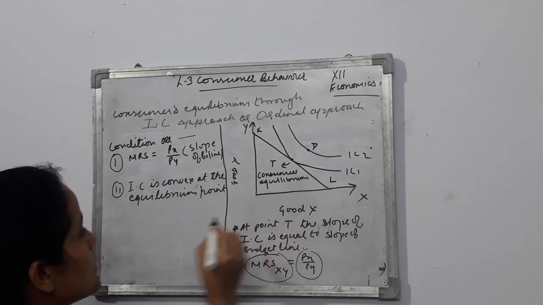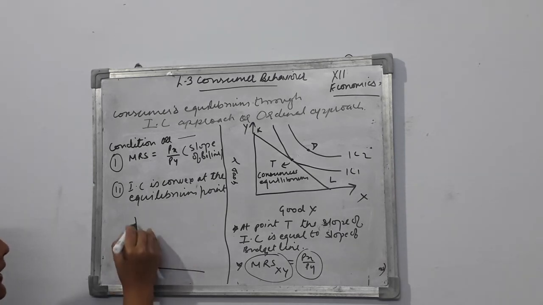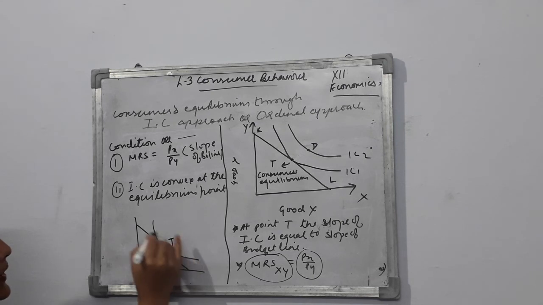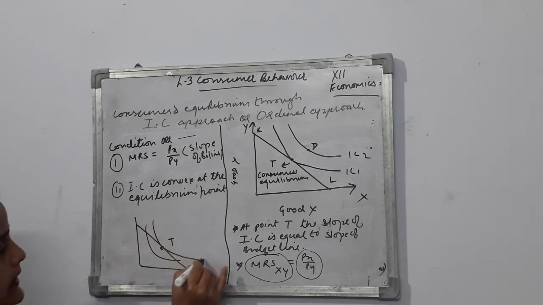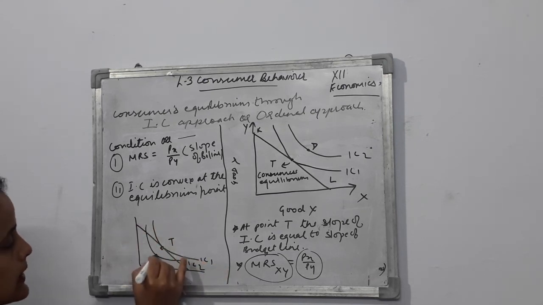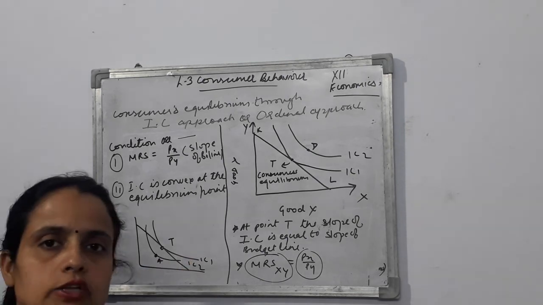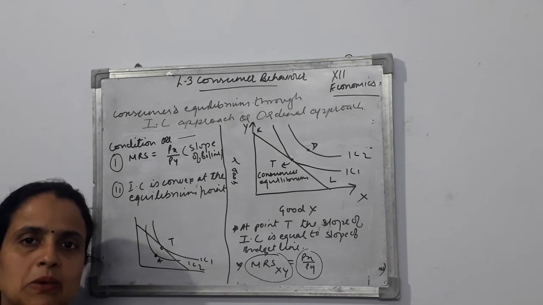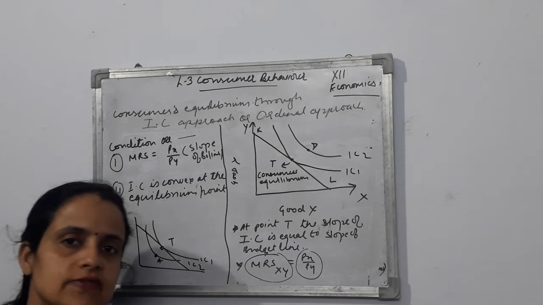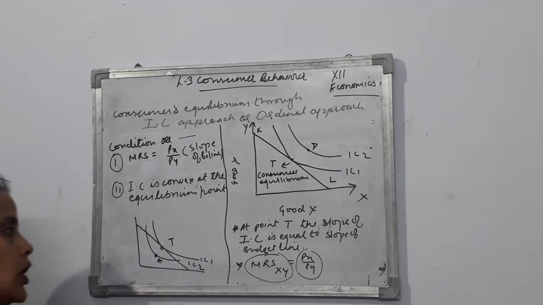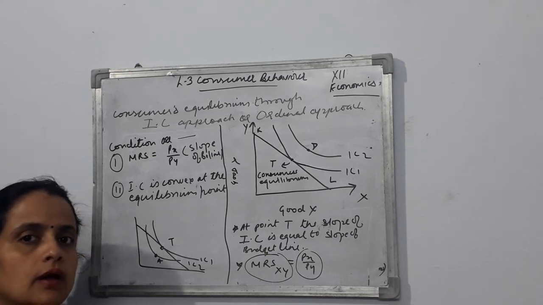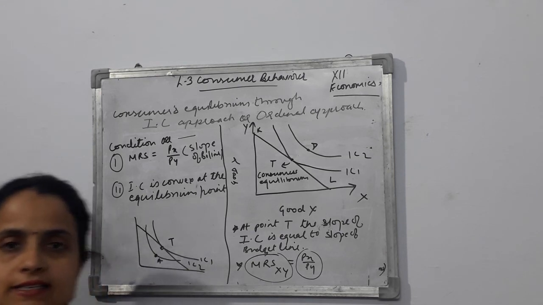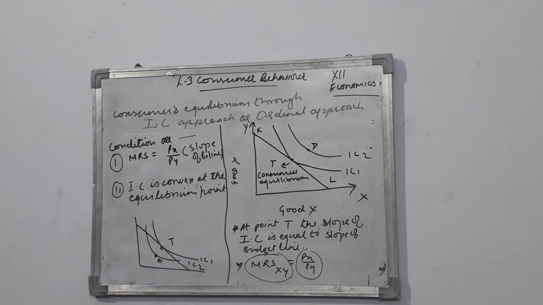अगर इसी तरह से हमारा कंज्यूमर इक्विलिब्रियम है टी पॉइंट, और अगर हम अंदर डायग्राम बना दें, ये IC1 या IC2, तो यहाँ पे अगर हम कोई पॉइंट ले लें, पॉइंट ए, तो पॉइंट ए को कंज्यूमर इक्विलिब्रियम क्यों नहीं माना जाएगा यहाँ पे, क्योंकि ये आपके बजट के अंदर है, आपके पास पैसा अभी भी बचा हुआ है, आप और भी ज्यादा सेटिस्फैक्शन हासिल कर सकते हो, राइट. सो दिस इज योर कंज्यूमर्स इक्विलिब्रियम थ्रू IC अप्रोच.